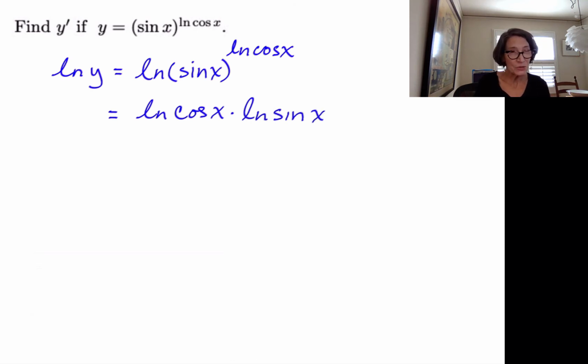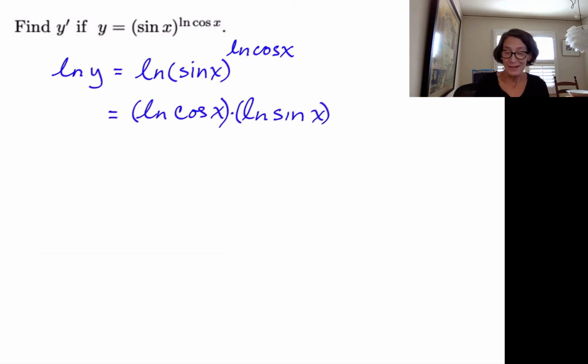And just to make sure it's clear, this is a product. I'm just going to add parentheses just for clarification. So now we want to differentiate both sides of the equation. On the left side, we have a function of y, but remember, y is a function of x, so we're using implicit differentiation on the left side. On the right side, we do have the product rule, plus the chain rule and the derivatives of natural log,